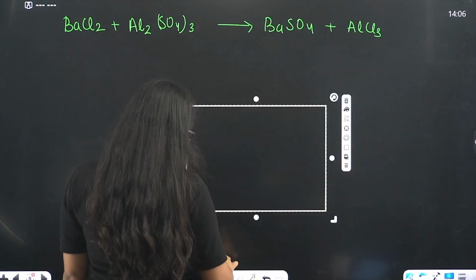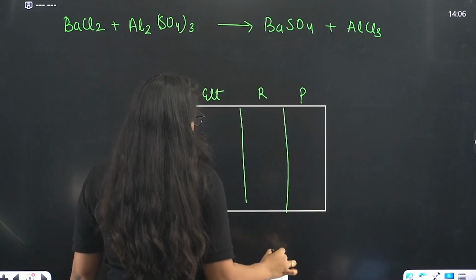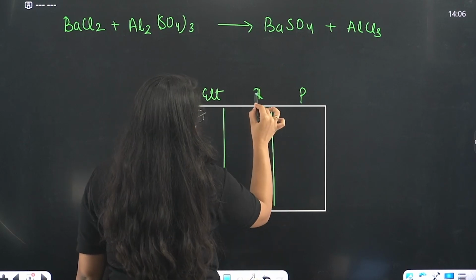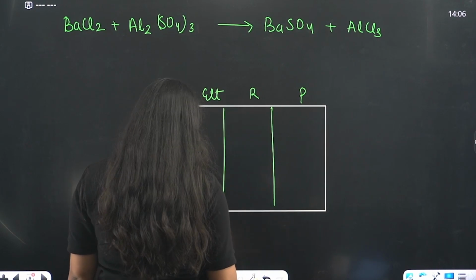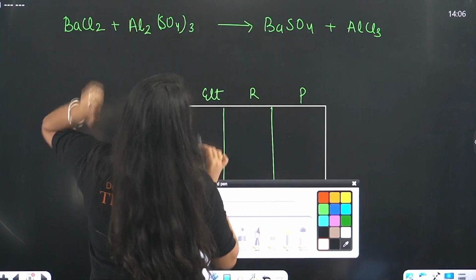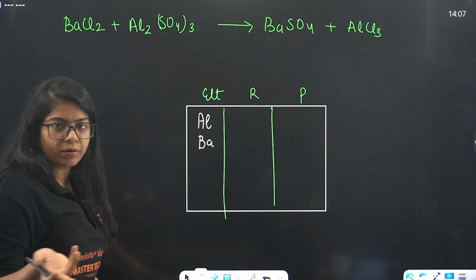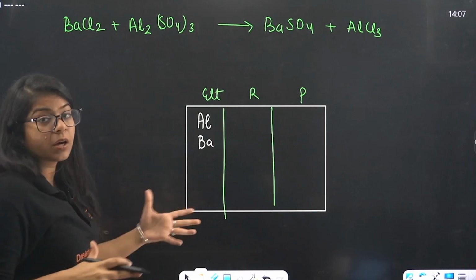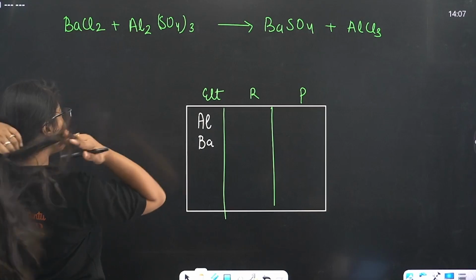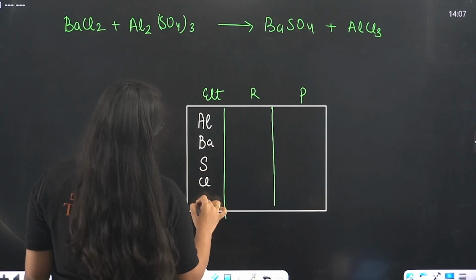That's the first thing we'll do. These are elements, these are reactants, these are products. 3 columns. Okay? Done. Now, beta, what will we do? We will write the elements, and we will write the metals first, which are aluminium and barium. You can write either in any order, it's not compulsory. Both are metals. Then we write the non-metals, chlorine and sulfur, again in any order. And then we have oxygen.